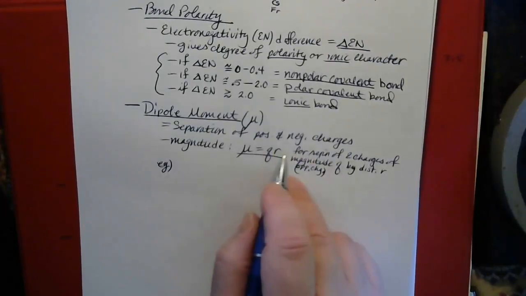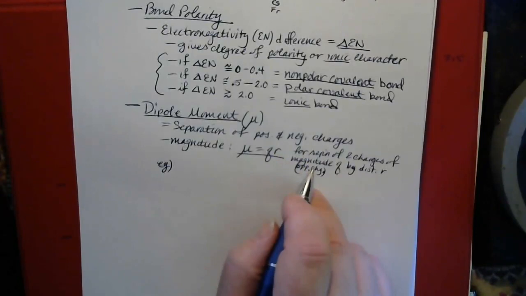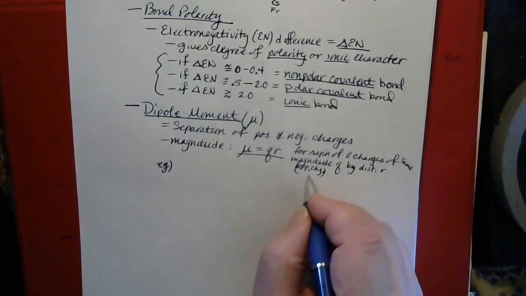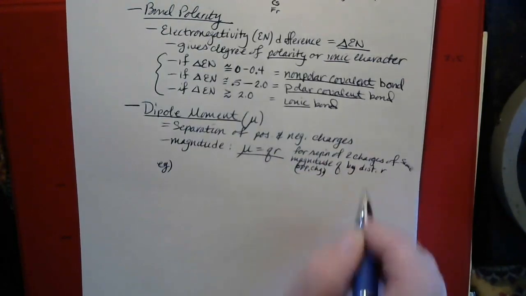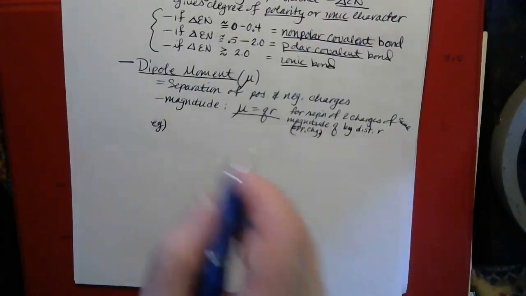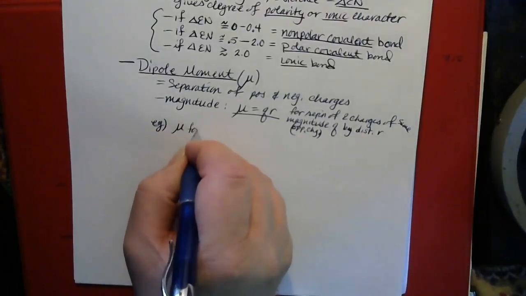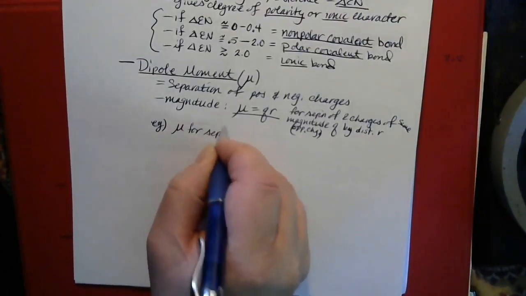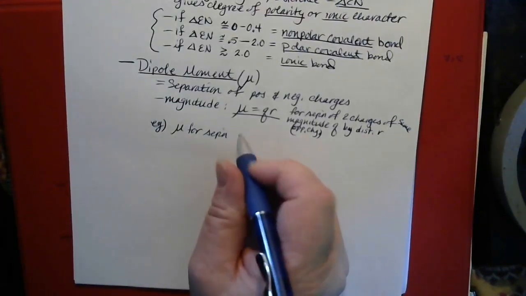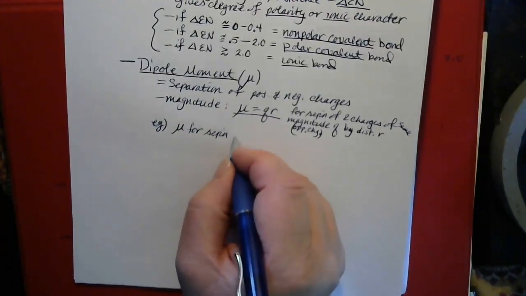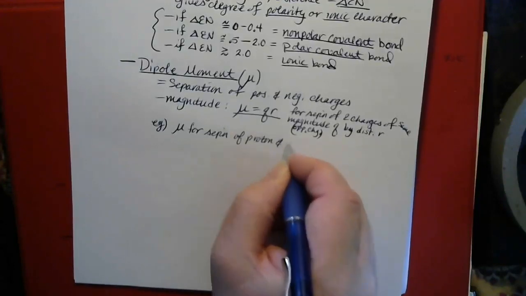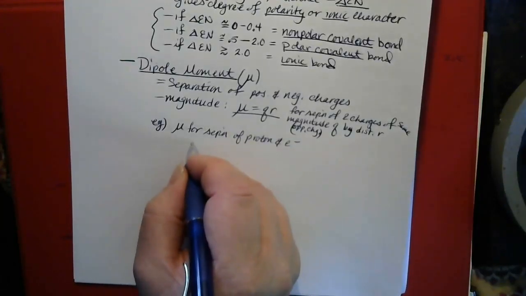This would be for the separation of two charges of equal magnitude but opposite sign by a distance of r. And just a quick example of that. The dipole moment for separation of a proton and electron would be